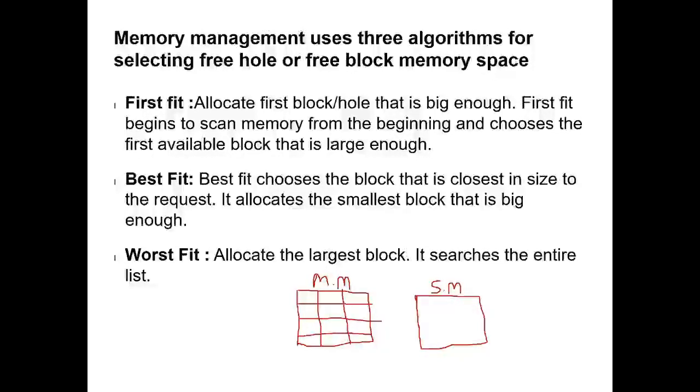Fixed size partition means once a process is allocated in that partition, one partition holds only one process. The remaining memory cannot be allocated to any other process. That will be just a wastage of memory, and that wastage of memory we call internal fragmentation. And we also saw external fragmentation, that is memory is available in the main memory, but you cannot allocate that memory to any other process because that memory is not in a contiguous form, it is not at one place, and this is external fragmentation.